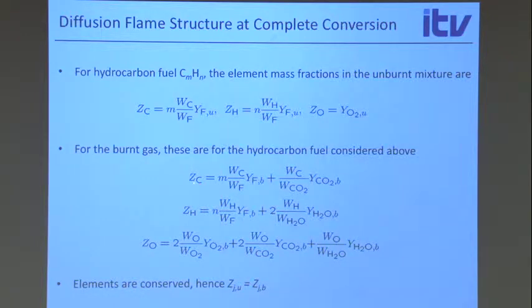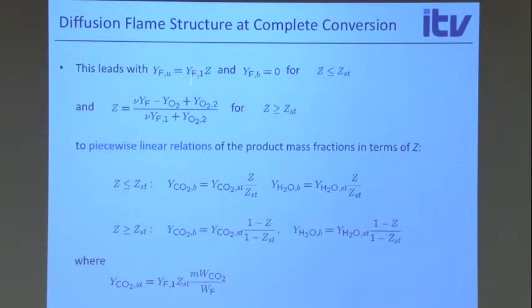And now, before and after combustion, these element mass fractions must be the same because they're conserved over the combustion process. Elements are conserved. So this here is equal to this. And you see we had a relation for this already in terms of mixture fraction. So I can solve this now for CO2 burnt. Okay? That gives me the CO2 mass fraction. And I can do this again for mixture fraction smaller than stoichiometric, larger than stoichiometric, and this is what I get. I can do the same thing also for hydrogen